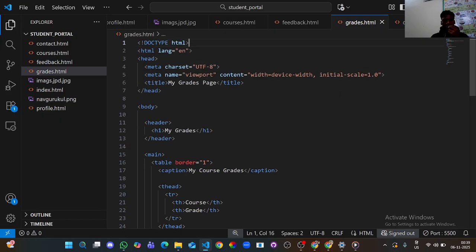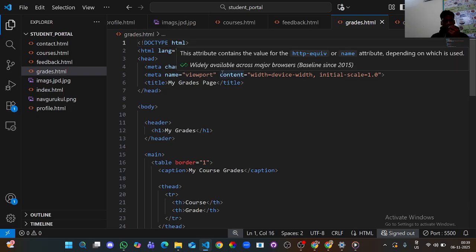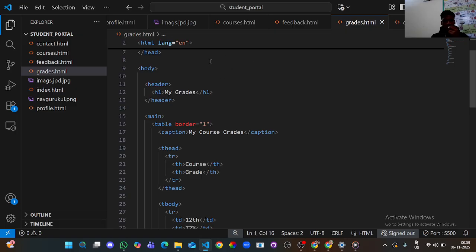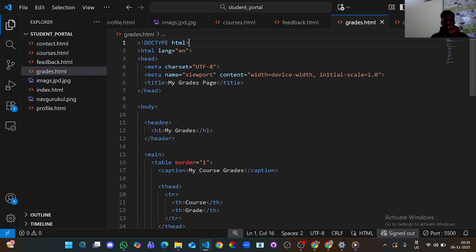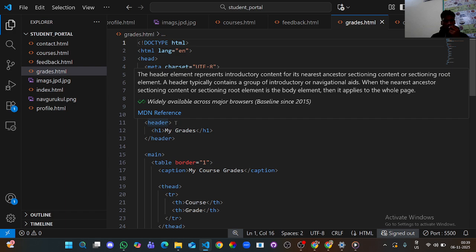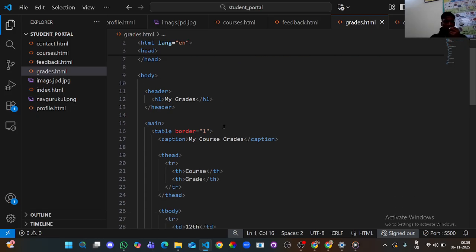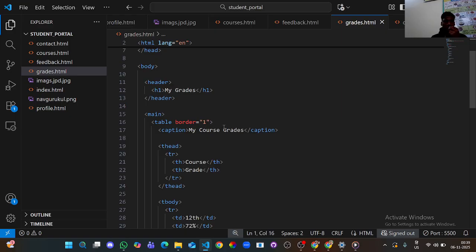Then I set the title as My Grade Page. Inside the body I use a header with h1 My Grades, h1 close. That's my main heading. In the main section I made a table with a caption